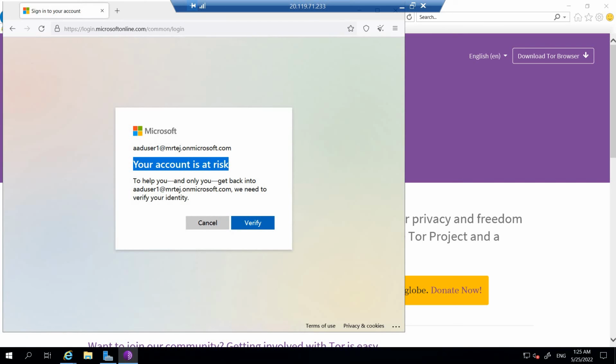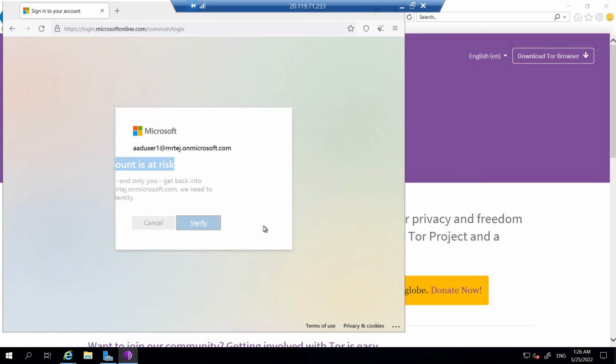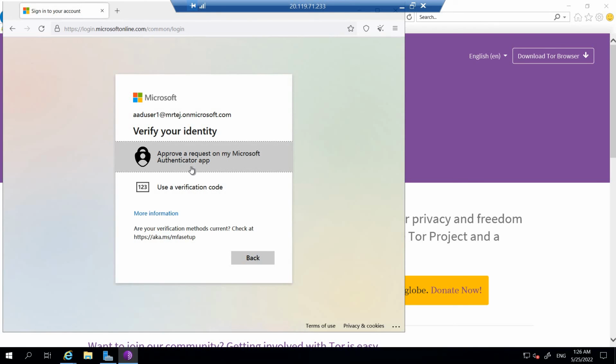So basically you'll be presented with, like, initially when I tried it, it was a "suspicious activity has been detected" message, and this is expected since the account is configured with multi-factor authentication, considering the increasing sign-in risk associated with the use of Tor browser. So we have to use the multi-factor authentication in this case. You can click verify, and since it is associated with the multi-factor authentication that we have created before,